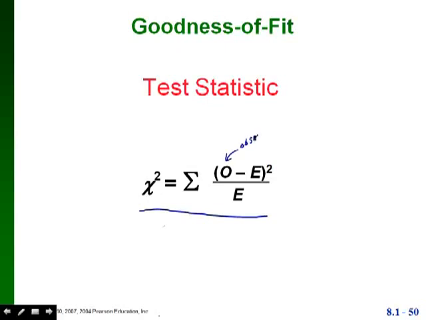observed frequency for a specific category. The capital E here and on the bottom is the expected frequency for that same category. So the difference between the observed and the expected gets squared, and then it's divided by the expected frequency. What that means is that the bigger the difference between the observed and the expected frequency, the more that contributes to the total value of your test statistic. So the more differences there are between the observed and the expected frequencies, the bigger your test statistic is going